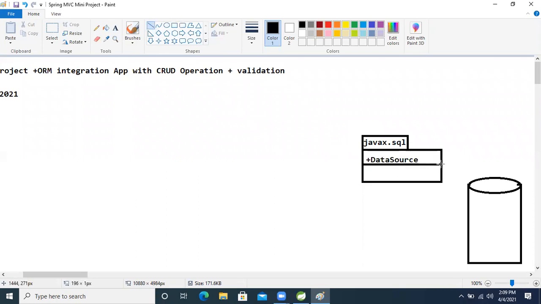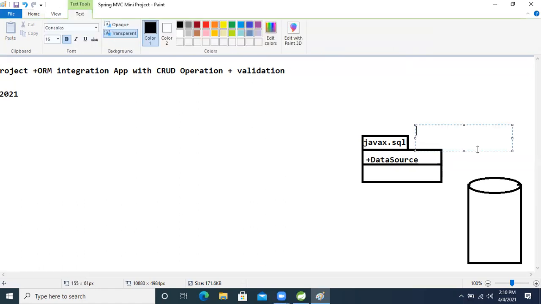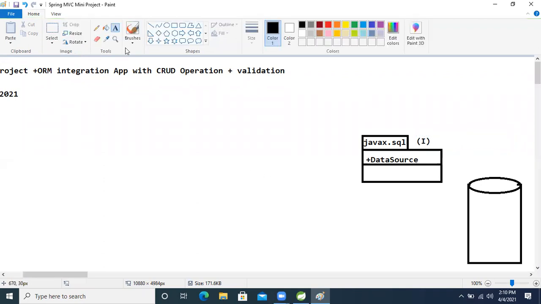We know we can't create an object of an interface, so we have to go to its implementation class.